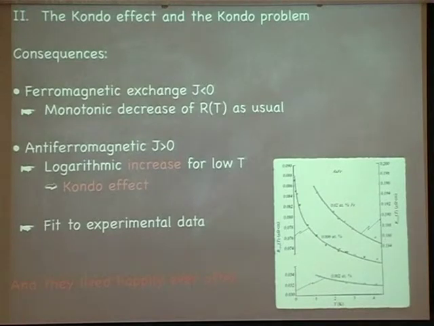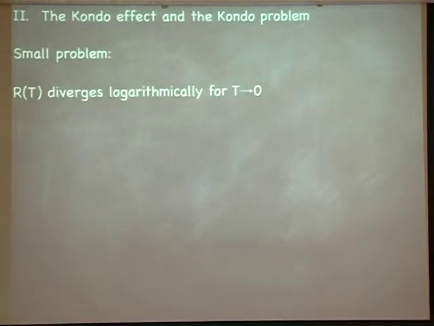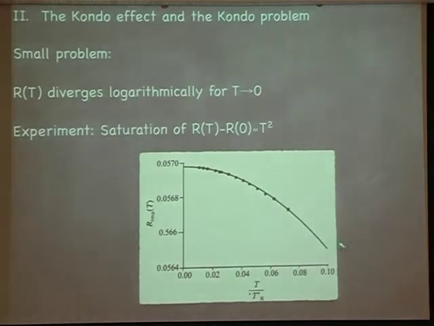Okay, so one could say, fine, that explains the experiment, and let's go for coffee now, or for lunch. Well, I'm not quite. Okay, since I still have half an hour, we don't do that, and think a little bit more about what we have just done. Namely, there's a small problem. You might have realized the logarithm doesn't stop to increase as you go to T equals 0. In fact, it diverges. And of course, nobody ever observed diverging impurity resistivities in these materials. In fact, what you observe is that the resistivity does that. It wonderfully saturates as T becomes very small.